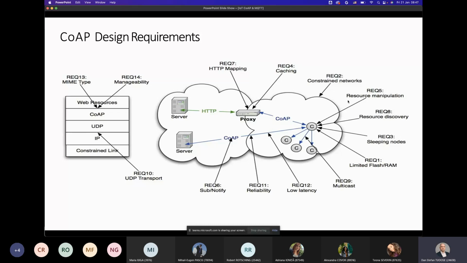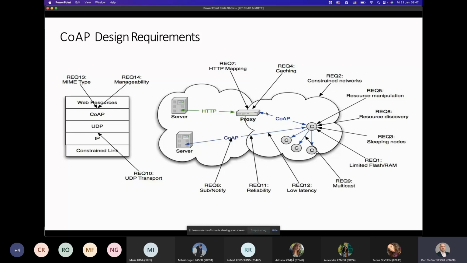You'll have to have different types of resource manipulation, discovery, ways of subscribing and notification for these devices. So sort of a method in which you could achieve this. The proxy itself would have to be able to map these CoAP responses to HTTP and backwards whenever you translate messages in this fashion.